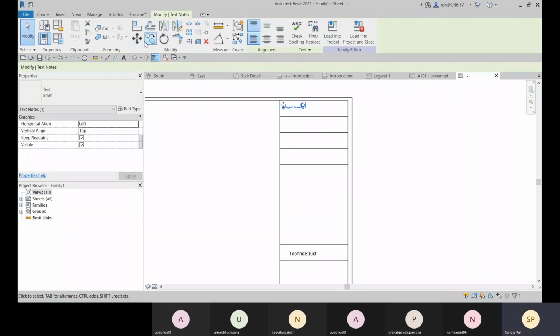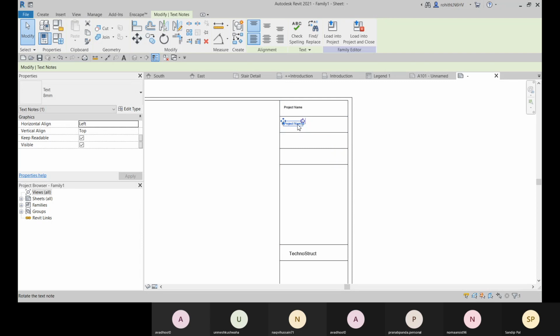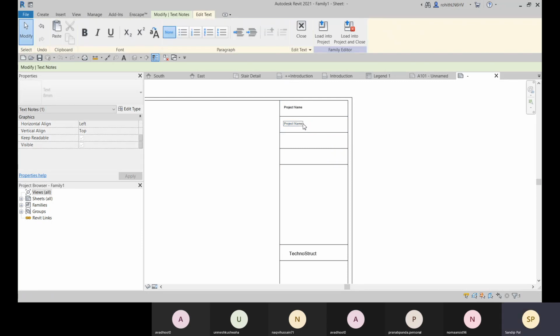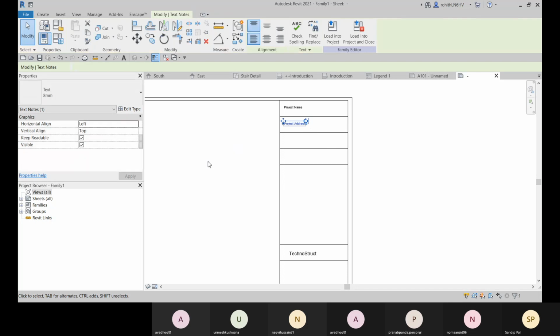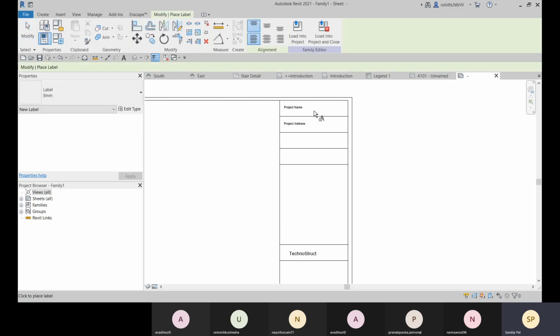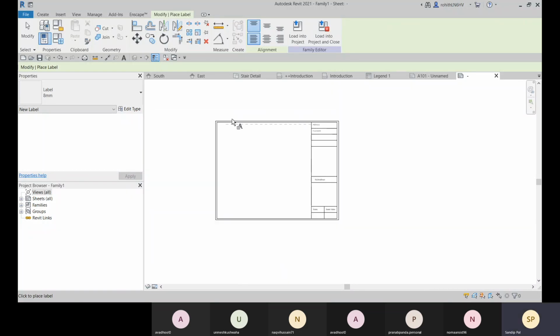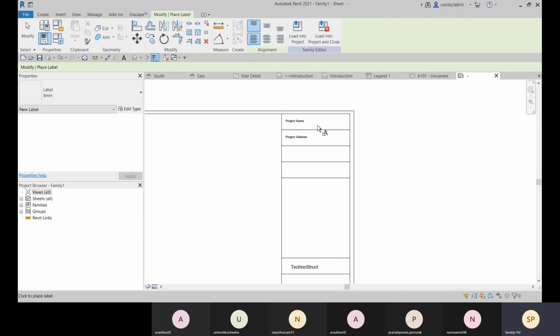Then what I can do, I can simply copy this. Let me copy it and click it here to change it. Project address, like this. Okay. And you can place all this text here and then go for the label. So labels are placed for those values which will be variable, and we can use this template for all our projects. We will just change the variable information,